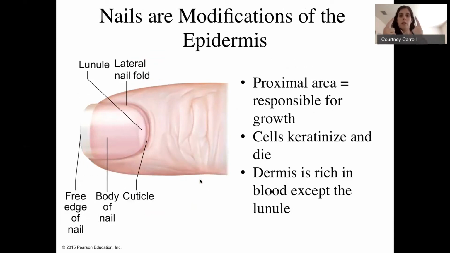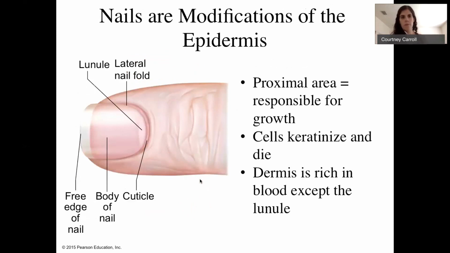Finally, we've got our nails. Nails are also modifications of our epidermis. The proximal area is responsible for the growth of it, and the cells will then keratinize and die as they move. The dermis here is rich in blood, except for the lunule, which is that little white half-moon shape you see just above your